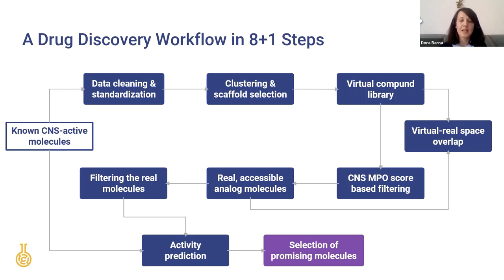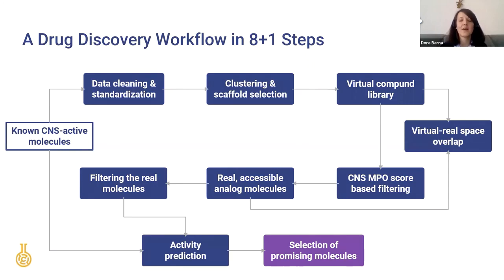And once we have made all of this information available, so we have now compounds that can be accessed and synthesized easily, and also have promising physicochemical properties, and can also be predicted to show some kind of activity on our target receptor,